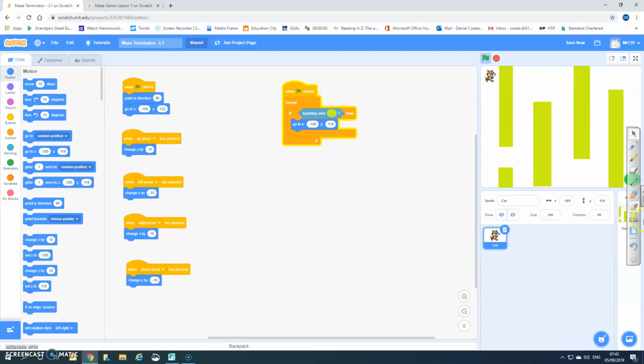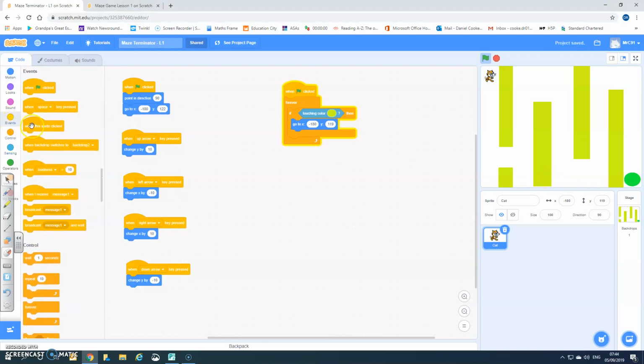Now, finally, as you can see, if I move this out of the way, you can see that there's a green circle here. This marks the finish line. Now, we want to praise whoever's playing our game, saying, well done for getting to the finish line. So, in order to do this, what you need to do is go onto events, drag this block over here, then